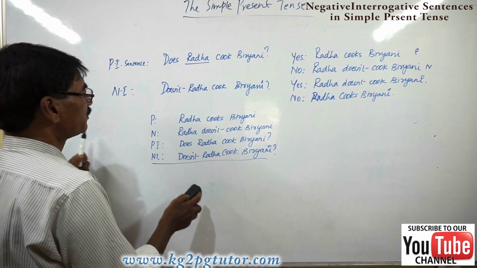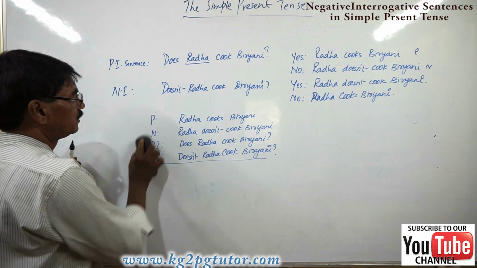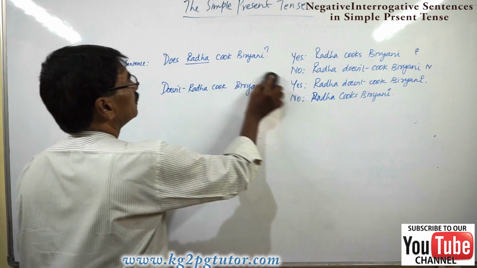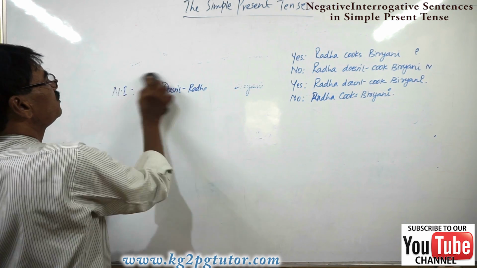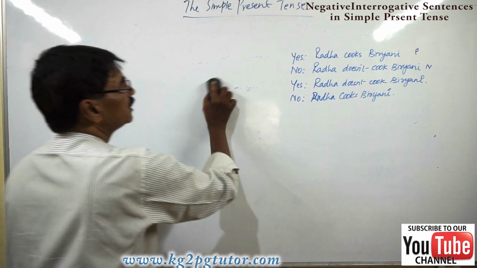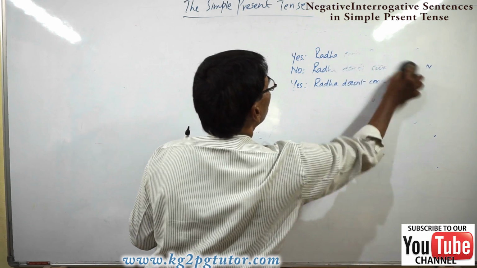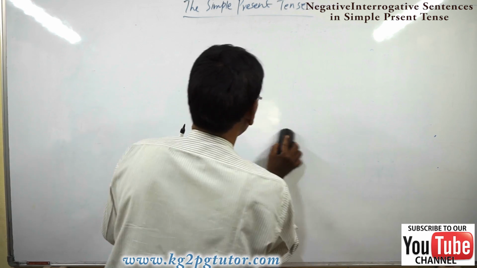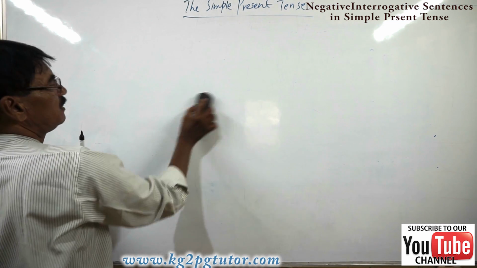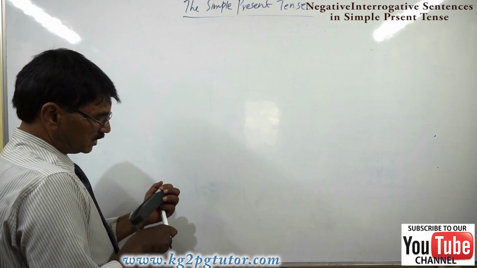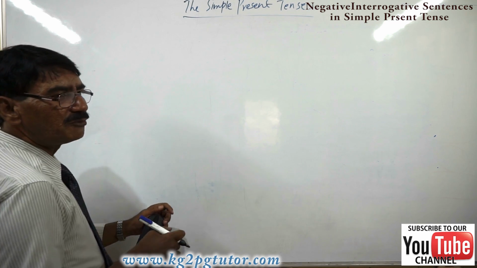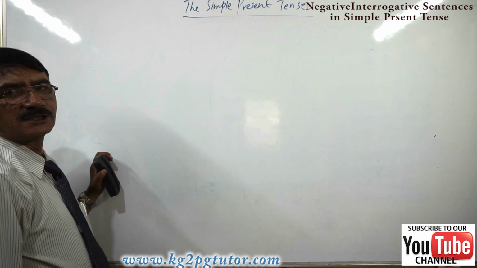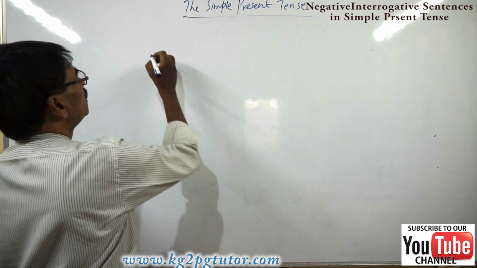Okay? We will close over here with a simple present tense. I've taught you 4 different sentences. Now in the simple present tense, why do we use the simple present tense that I told you before? We use the simple present tense to talk about habits or regular activities, isn't it? Or hobbies or universal truths. Now let us talk about your mother. When we want to talk about your mother, what she does and what her habits are, we use the simple present tense. Now for example, let us take my mother